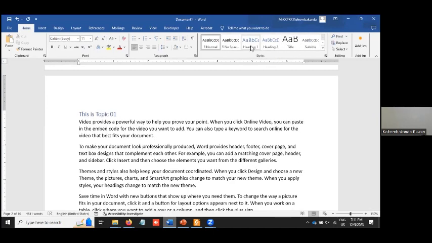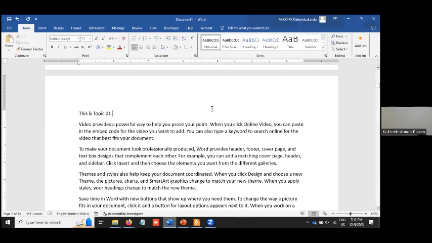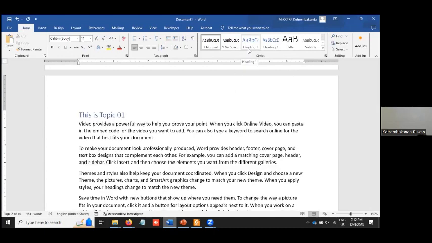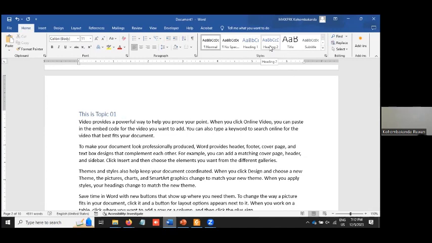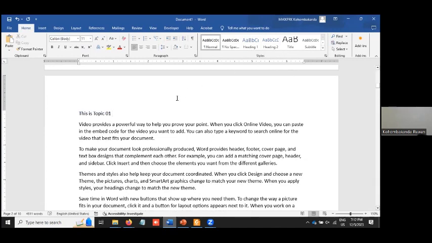There are different kinds of styles. First thing is you have to define Heading 1, Heading 2 sizes, Heading 3 sizes, right? Normally, when you have to prepare some research,